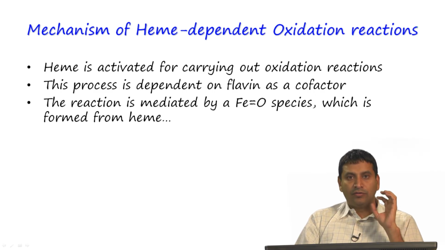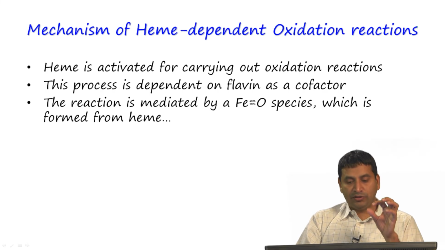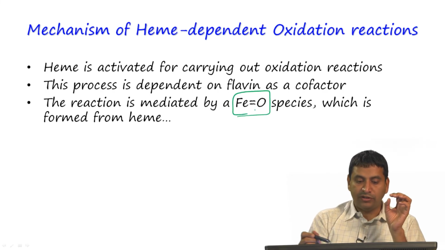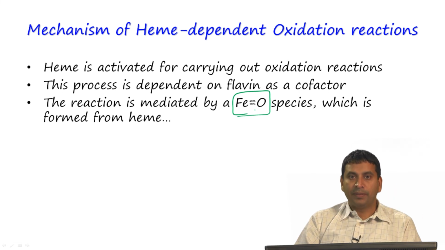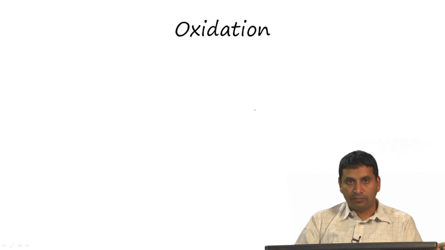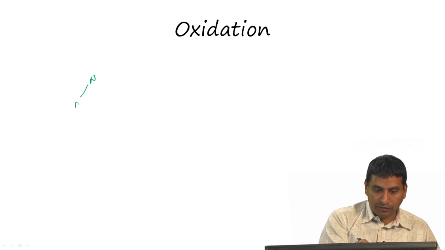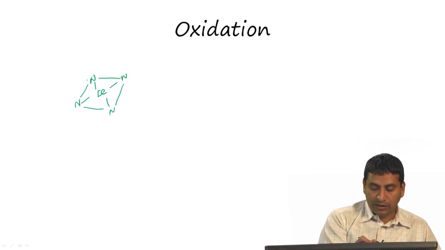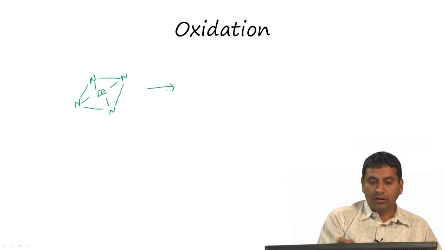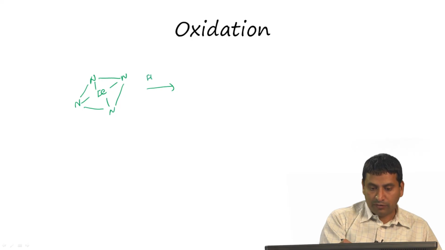So, the reaction of heme dependent oxidation involves a Fe=O species, and this species is formed from heme, and that process is mediated by flavin. If we were to look at the structure of heme in a very simplistic manner, basically it is a porphyrin ring with iron in the center, and you have many ligands on the top. So, this oxidation reaction is catalyzed by flavo enzymes